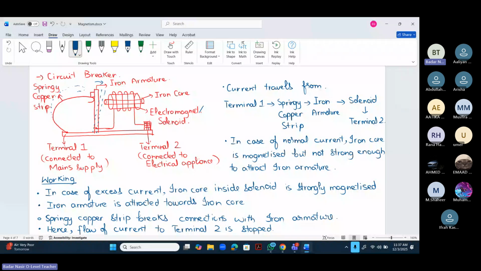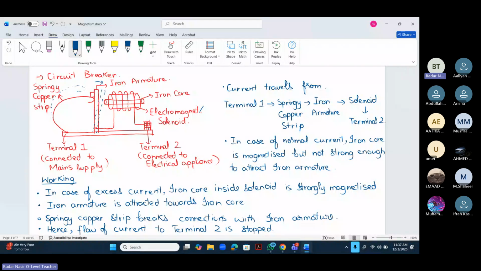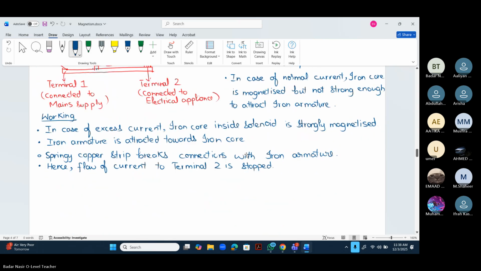अच्छा, एग्जाम में आपसे वो ये भी पूछता होता है कि state the advantages of circuit breaker over a fuse. दोनों का पर्पस सेम है, ठीक है। फ्यूज कैसे वर्क करता था? फ्यूज इस तरह से वर्क करता है कि व्हेन देयर इज एक्सेस करंट तो जो फ्यूज होता था इट जस्ट मेल्ट्स। So when it melts, it breaks the connection of main supply from the electrical appliance. Okay? अच्छा, so अब हम देखते हैं